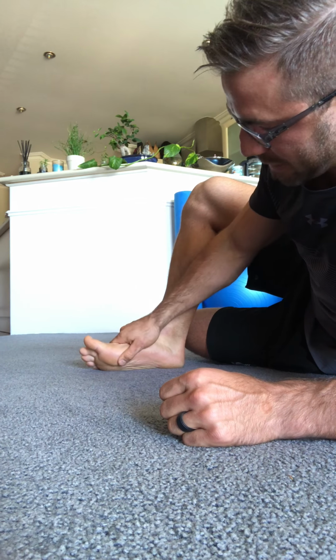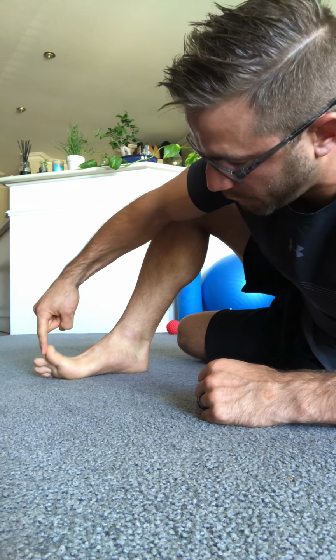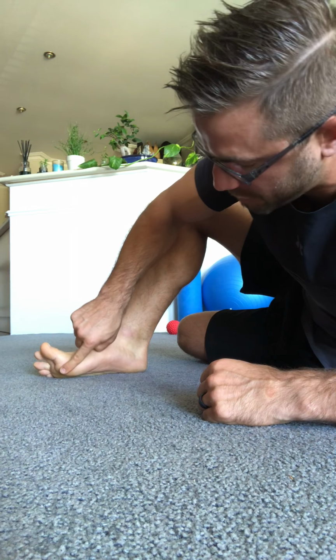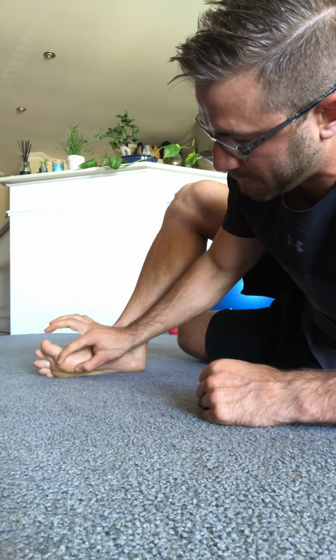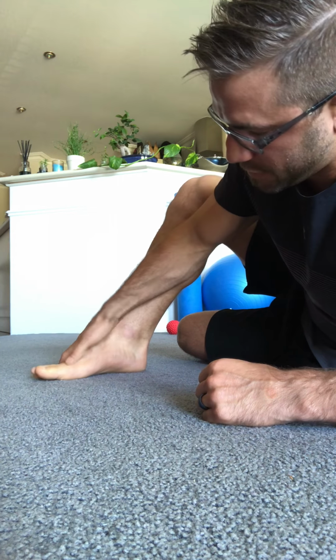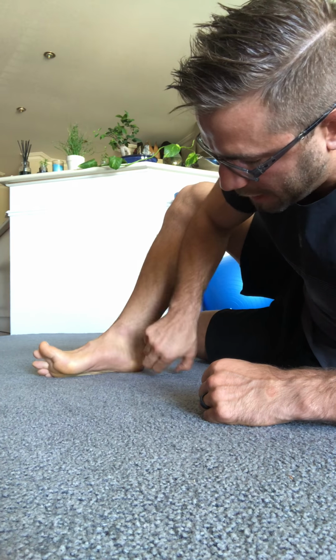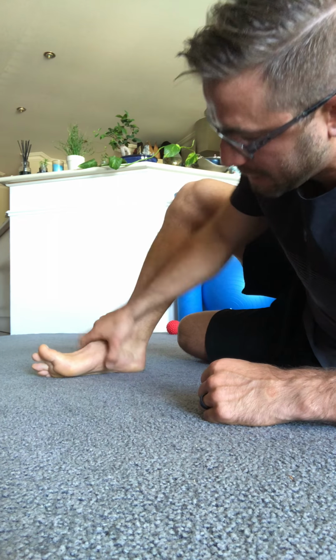Another thing that you will tend to see as well is with this windlass mechanism, as soon as I extend the big toe, it pulls tight the cord, and by cord I mean my plantar fascia. And the plantar fascia runs from your heel bone all the way to the top of the phalanges here, which is this end little bone in the toe. And as a result, as soon as I extend my toe, this cord gets pulled tight. And because it gets pulled tight, it actually pushes that whole arch upwards